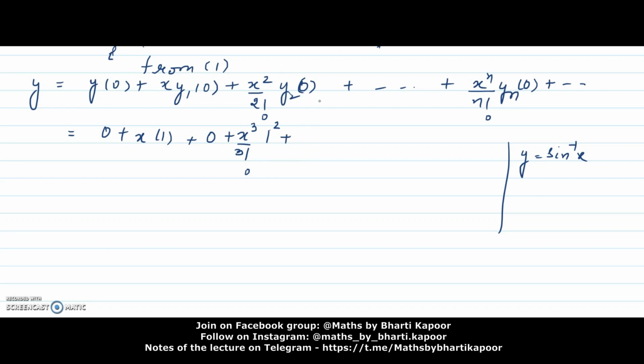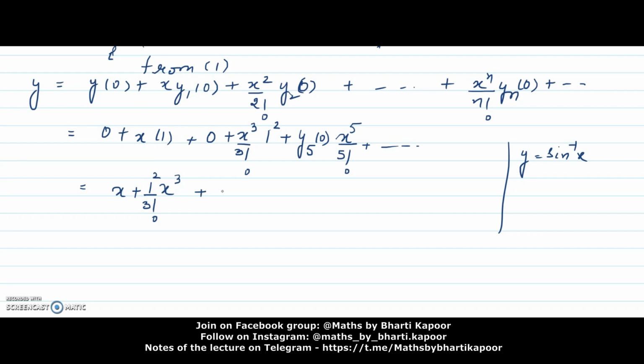Next terms: all the even terms will be cancelled, so y4(0) will be 0, and y5(0) is multiplied by x^5 upon 5 factorial and so on. So it will be x plus 1 square upon 3 factorial into x cube plus